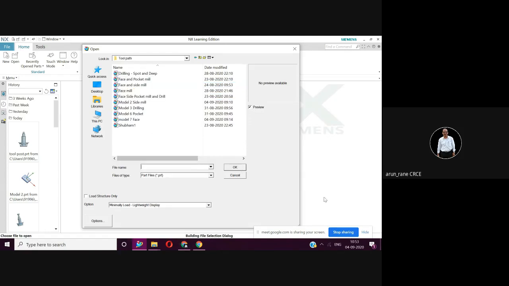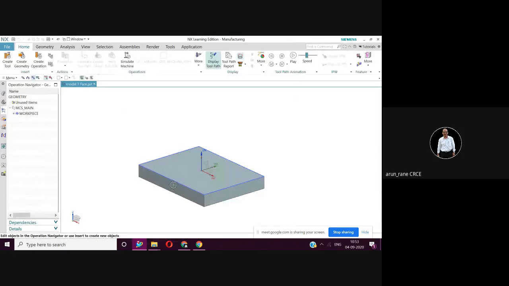I'll just show this quickly. Since the time is short, I'll use a readily available model. Let us say this block is available. The size of this model, using application and modeling, is 400 on this side and 300 on this one.